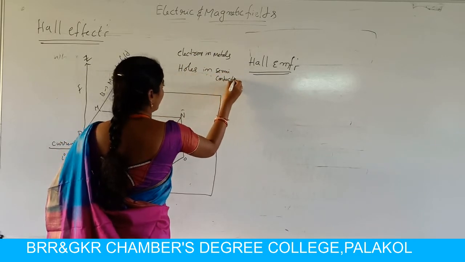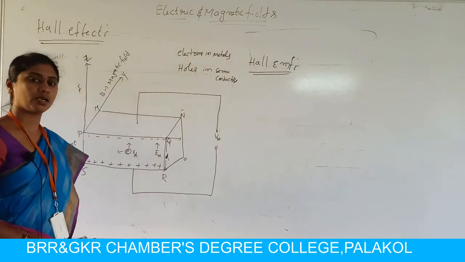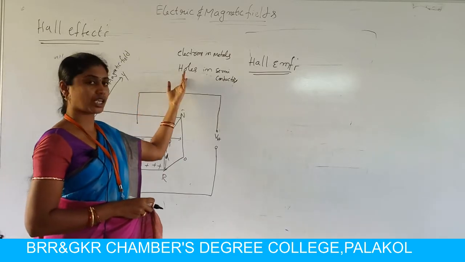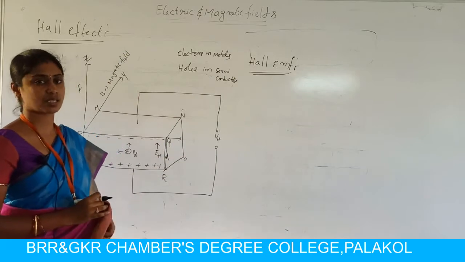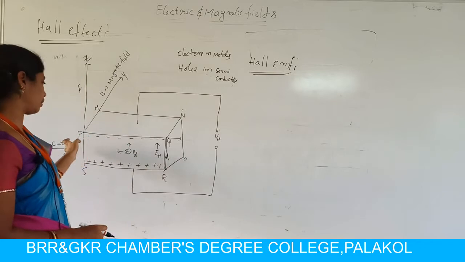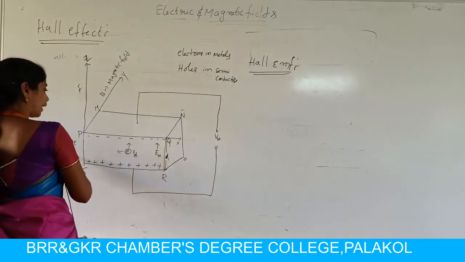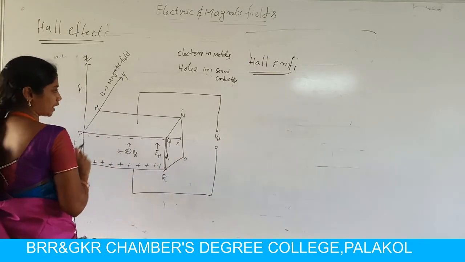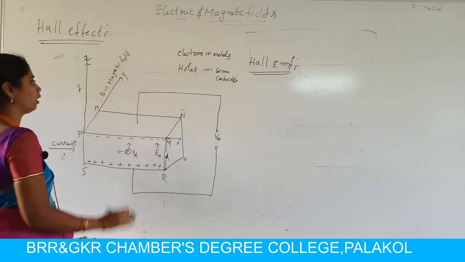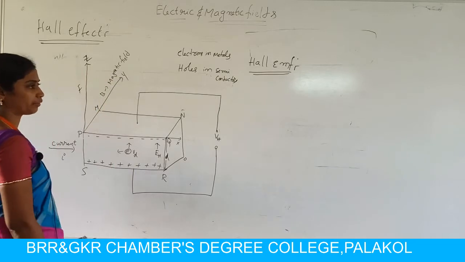By conducting and performing Hall experiments, he concluded that the charge carriers are electrons in metals and holes in p-type semiconductors. So, for calculating Hall EMF from this diagram, along the x direction current is flowing through this conductor, then automatically a magnetic field is established along the y direction, and due to this a force is created in the z direction by Fleming's left hand rule.